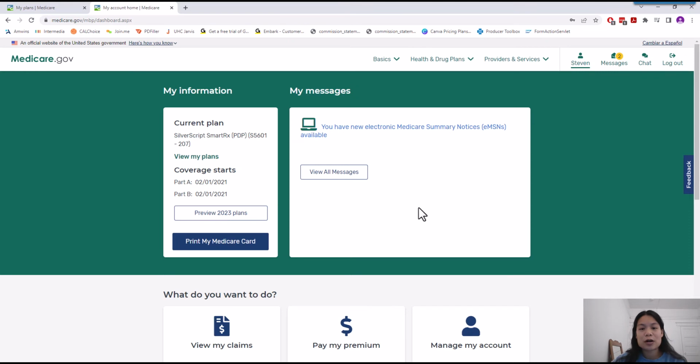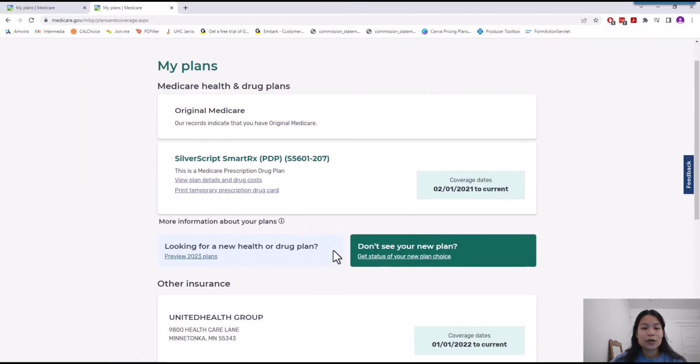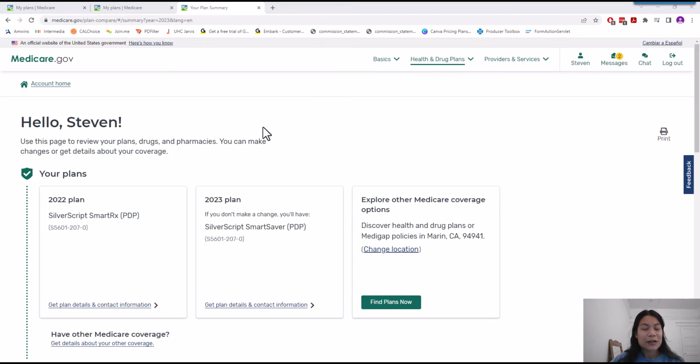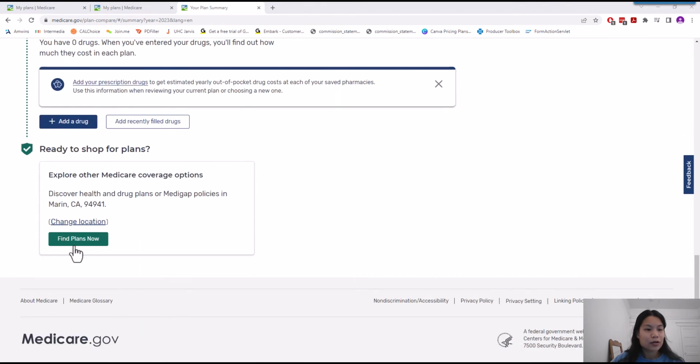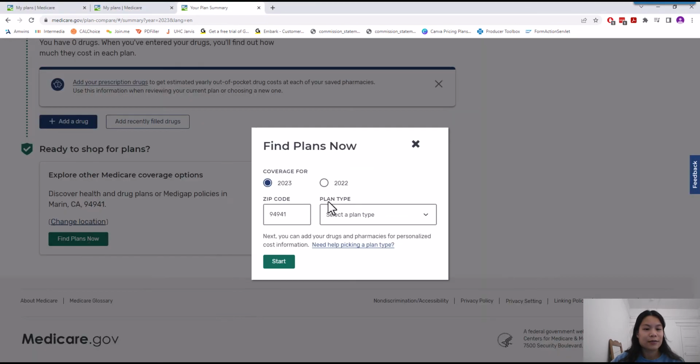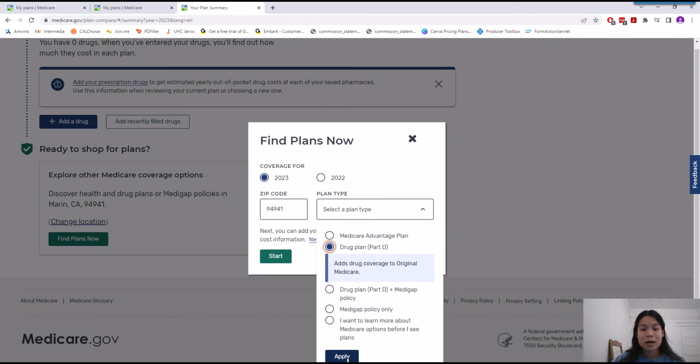To shop for your drug plans for 2023, we're going to start by clicking this hyperlink called View My Plans. Now, when you get here, you're going to go to the middle of the page to this light blue bubble and click Preview 2023 Plans. When you get to this page, you're going to scroll down and you're going to find Plans Now. You're going to enter your zip code, for example, 94941, and you're going to click Drug Plan Part D and